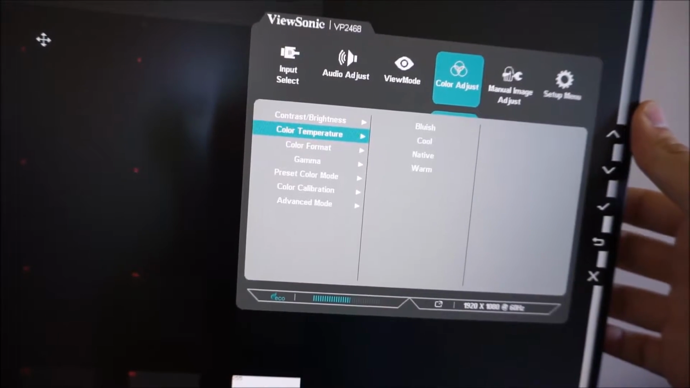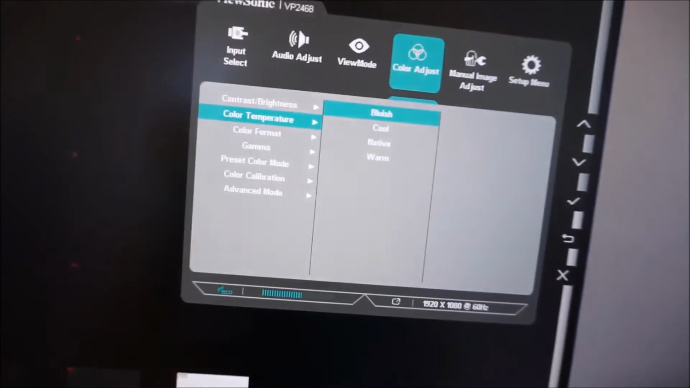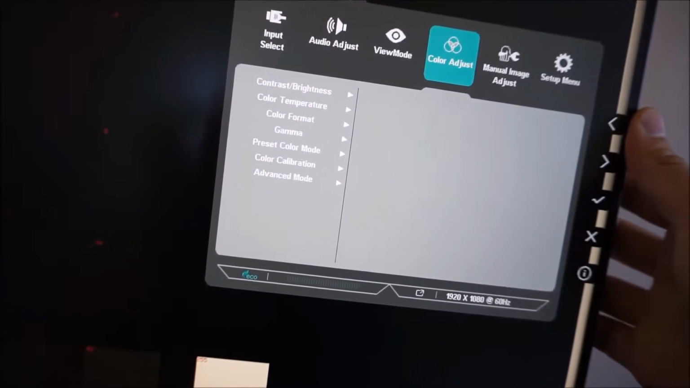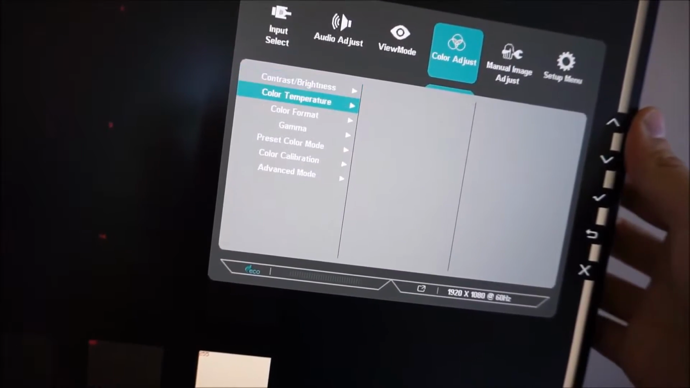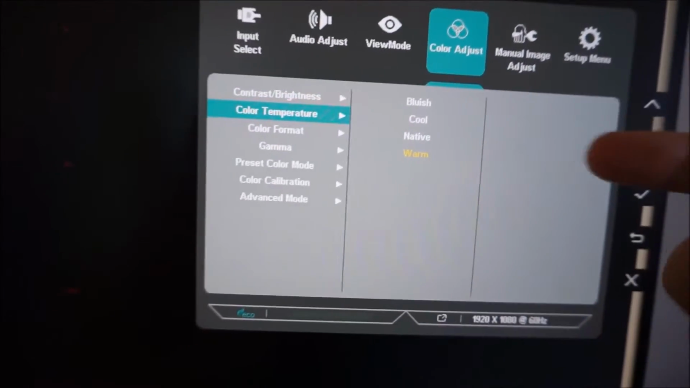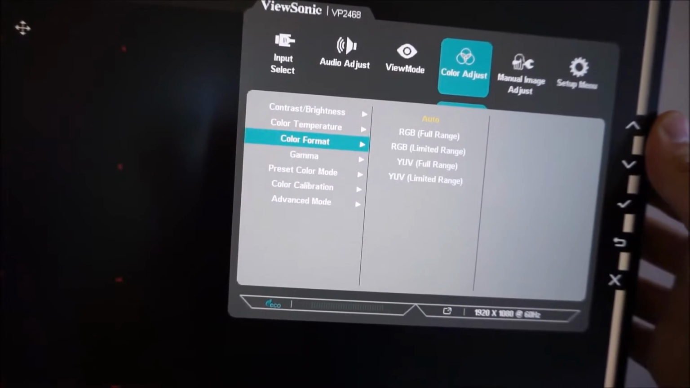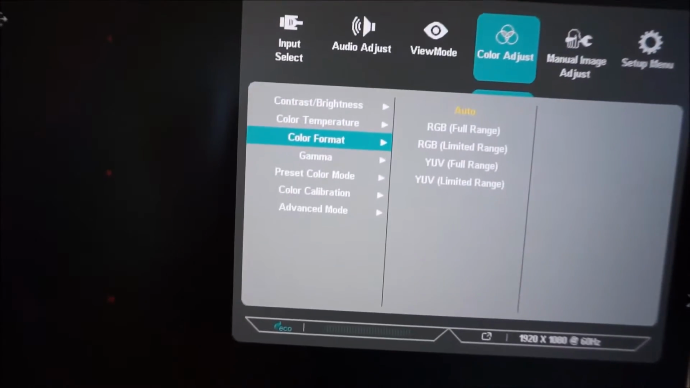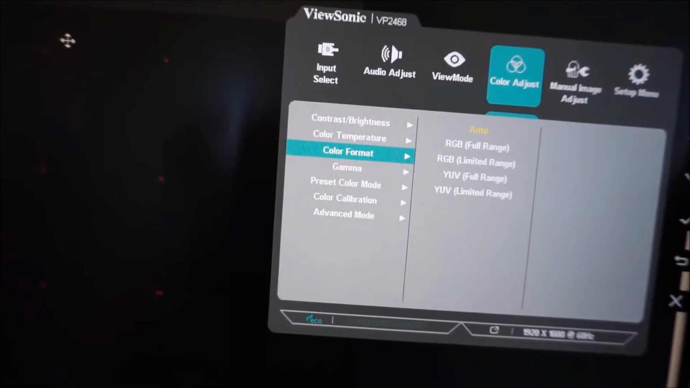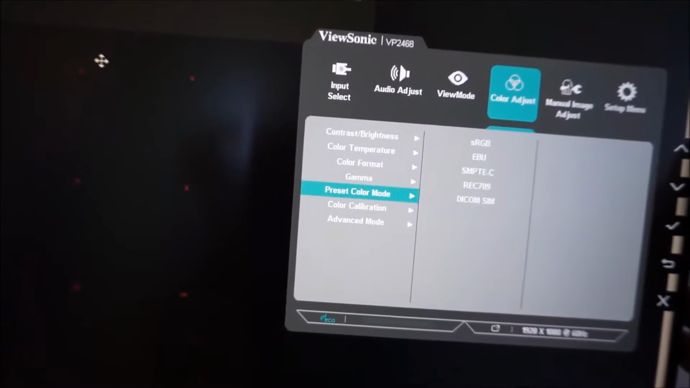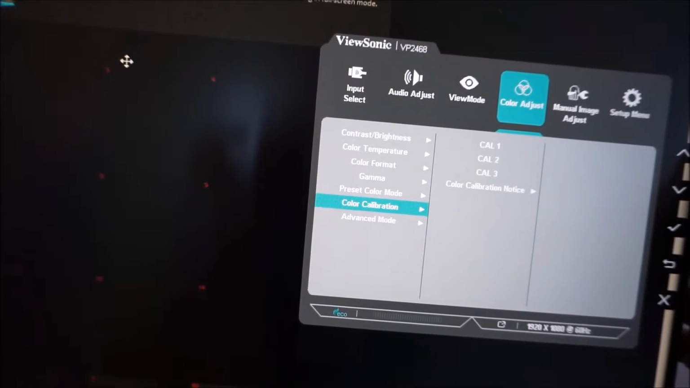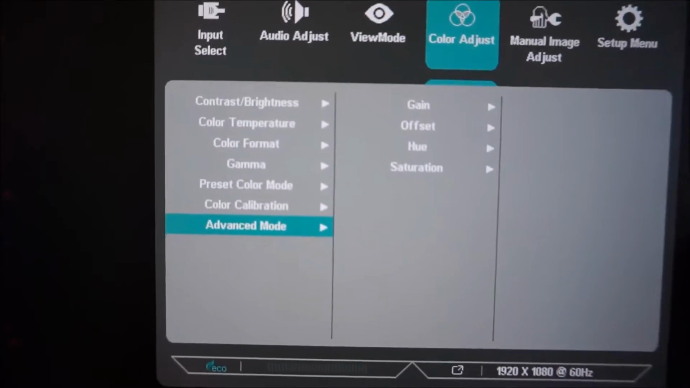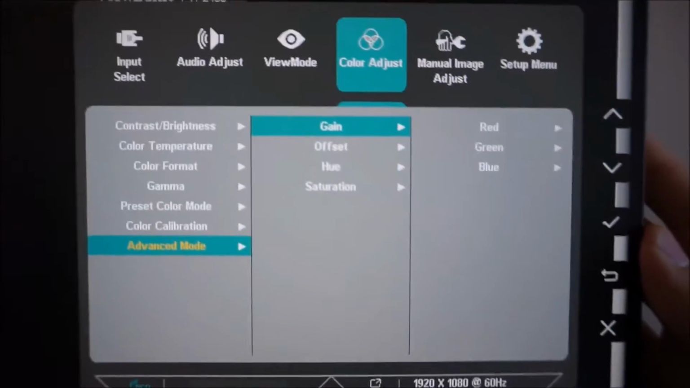but if you go to the color temperature, you can set it to bluish, cool, native or warm. You can also change the colour format. Sorry, this is a bit confusing because I'm trying to explain how they all interrelate. I've even forgotten myself which you can and can't adjust. Yeah, this advanced mode thing at the end allows you to fine-tune the red, green and blue colour channels,